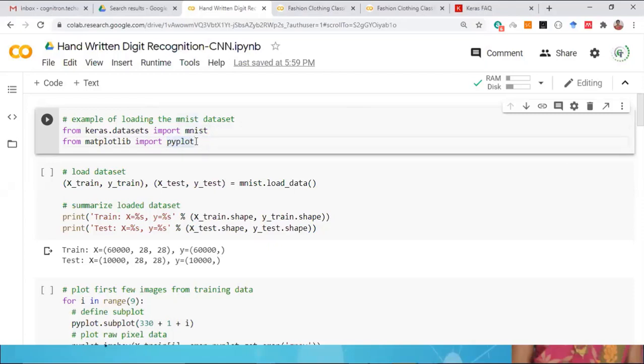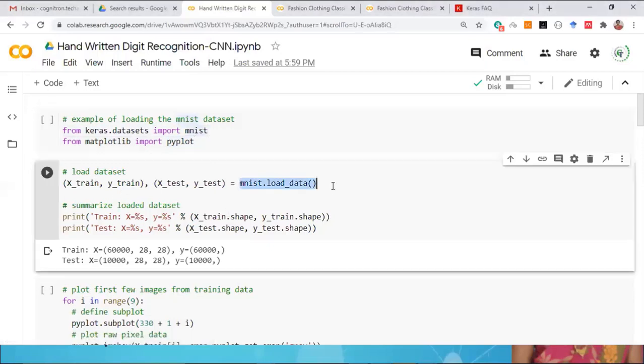I'll be working on the MNIST dataset. First I imported that. Then of course I need to visualize the data, so I also imported the pyplot package. After loading the MNIST digit class, you need to call the load data method. This load data method itself will return all 4 values: the feature values in xtrain, the labels of the train data in ytrain, the feature values of the test data in xtest, and the labels of the test data in ytest. That is how the load data function works.